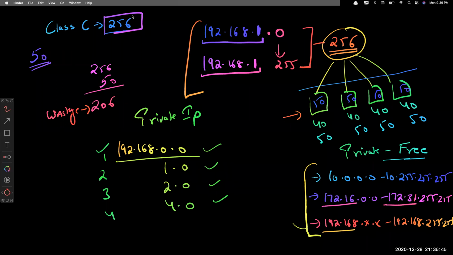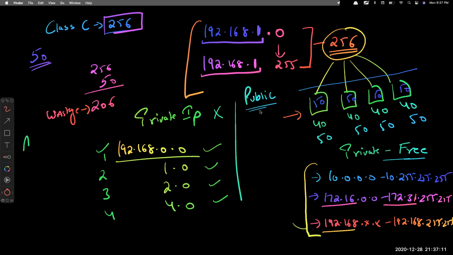Saransh, private IPs are like free IPs. You need to buy all IPs, right? So if you want to use any IP address, you need to register it. But private IPs are free, you can use them for free. But you can't access the internet with private IPs. If you want to access the internet, you have to use an ISP or internet connection, because an internet connection actually gives you